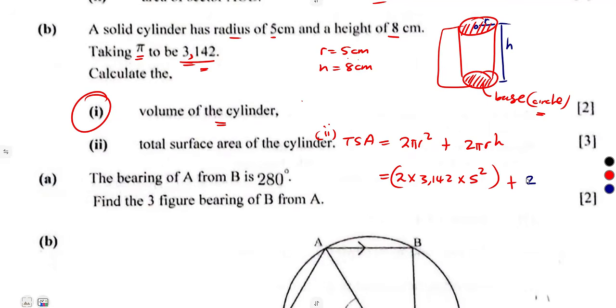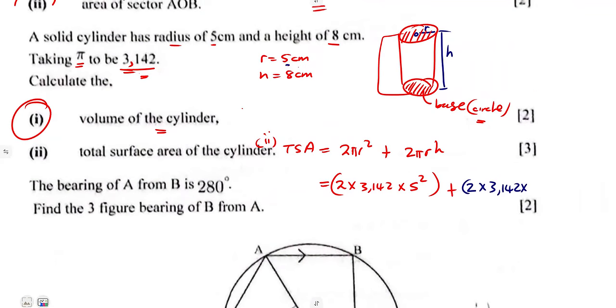Then you add the curved part: 2 times pi, 3.142, times the radius, which is what? 5 centimeters, times the height, which is what? 8, like that. So you're going to combine these two. The first one being in what? In square centimeters,